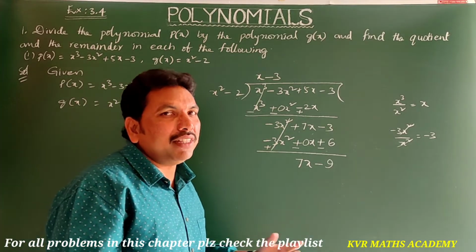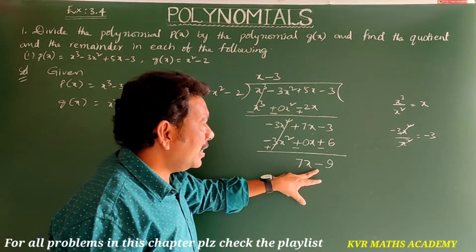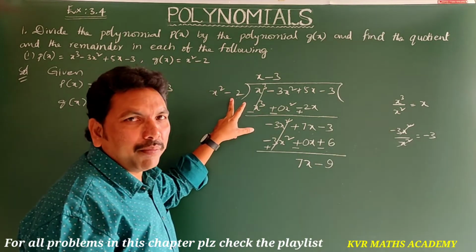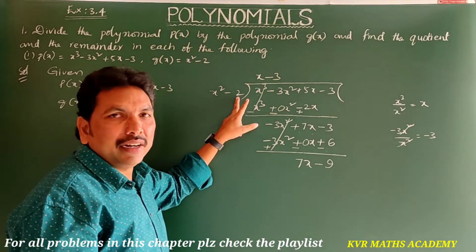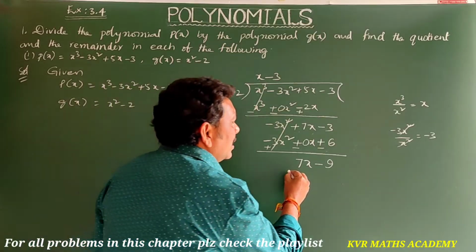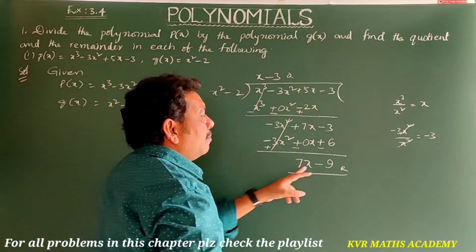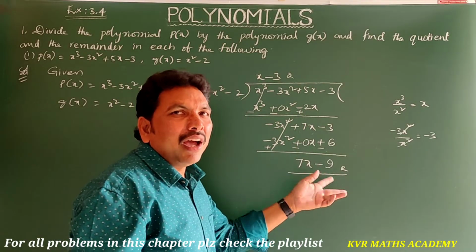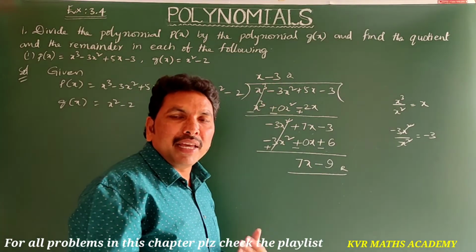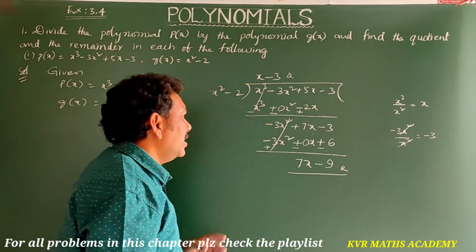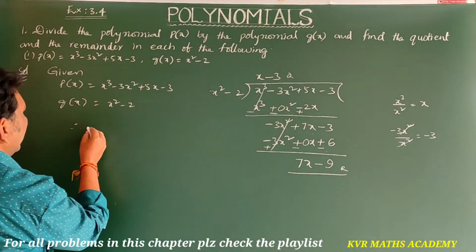By the division algorithm itself we have learned in the concept video, right? Yes. So it is linear polynomial, it is quadratic polynomial. So the degree of this one is less than the degree of divisor, no? So that's why this is the remainder, this is the quotient. Here remainder we will show as r of x, right? Next quotient can be shown as q of x, right? Yes. Therefore from this data we can clearly write